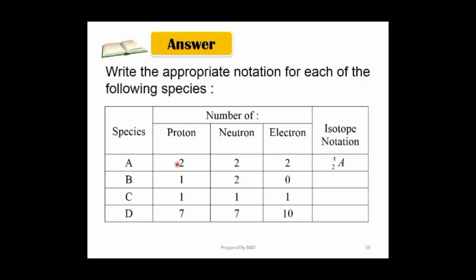So if the proton number and electron number are equal, this species should be an atom. But if the proton number and electron number are not equal, these species are ions, either positive cations or negative anions, and the ion depends on which one is higher, either proton or electron. So this is the